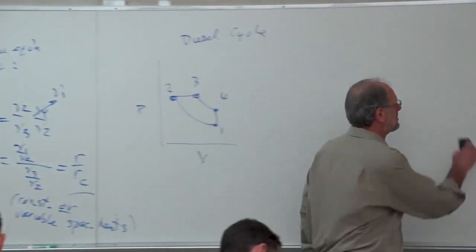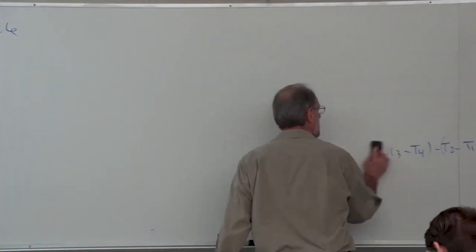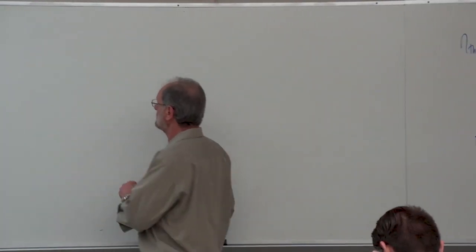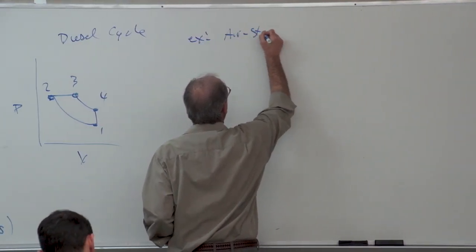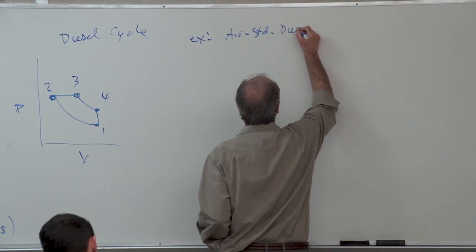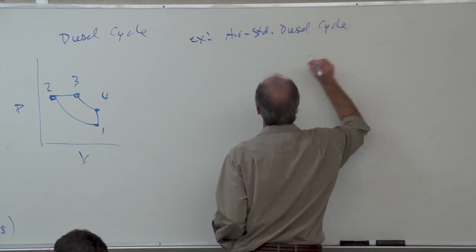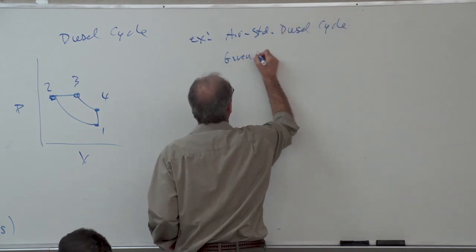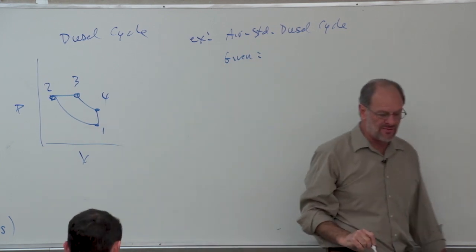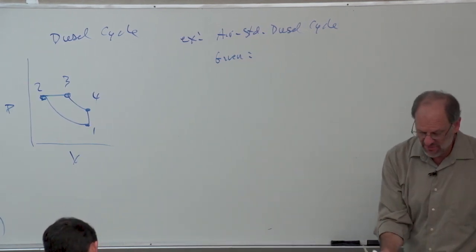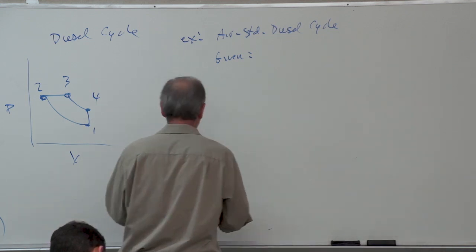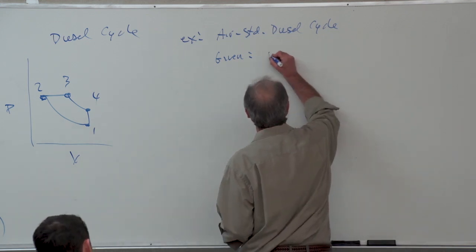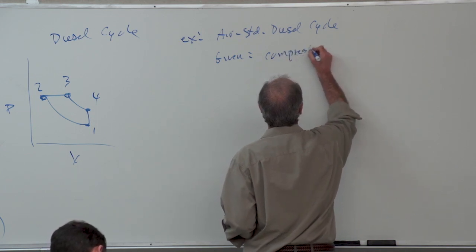All right, so let's go through an example problem. Let's look at our typical air standard diesel cycle, and let's say we're given a variety of information. The kind of information we're given here is similar to the kind of information we would have been given for the Otto cycle. So let's say that we're given a compression ratio